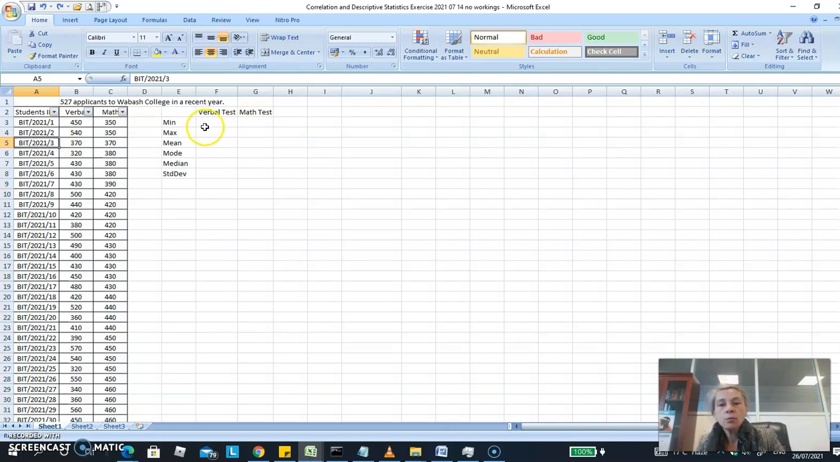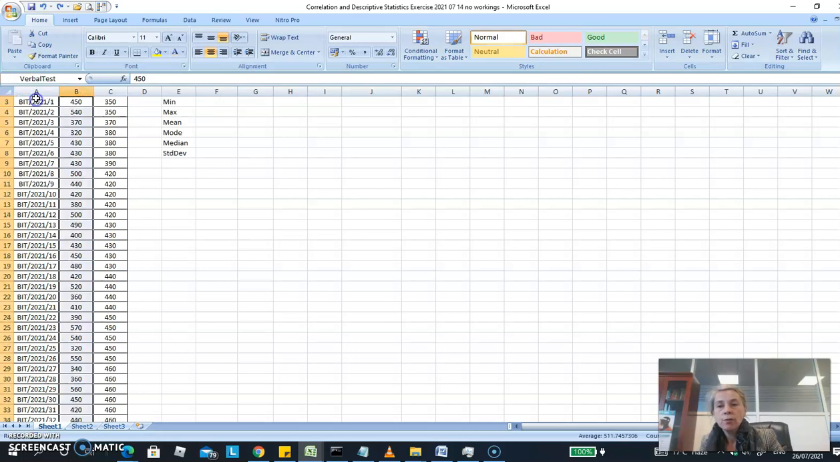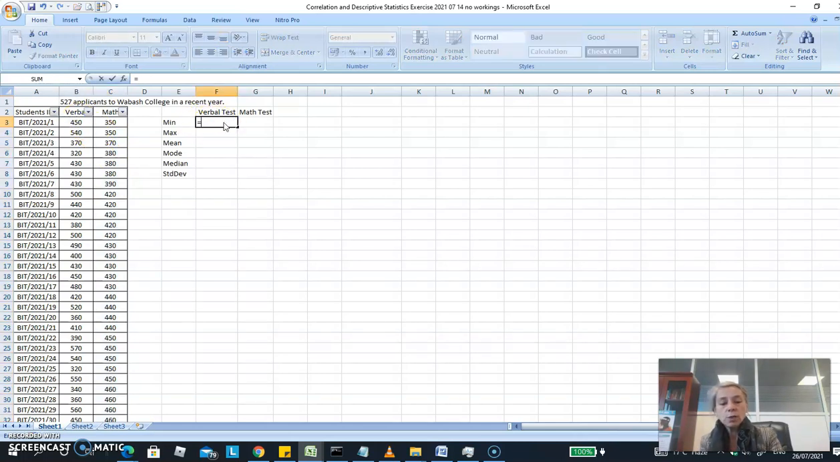Okay, the next thing we showed in class is how to calculate some descriptive statistics. The mean, the max, the mode, and the median. Now the other thing that I showed you in class is that I created what's called named ranges. So verbal test will refer to this column, and maths test refers to this column. Okay, and I showed you in class how to create them. Now this is useful because when we write the formulae, I can just use the name ranges without having to type a lot